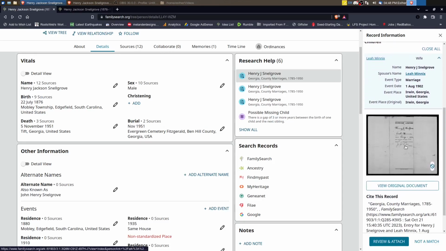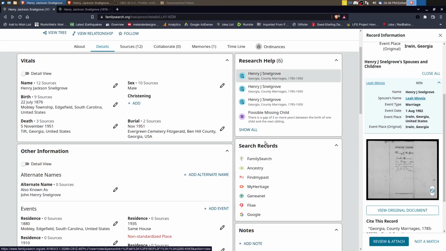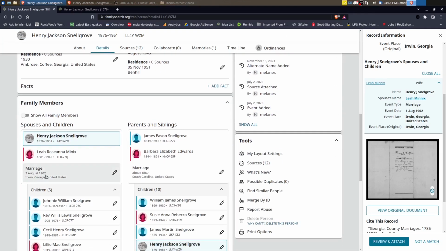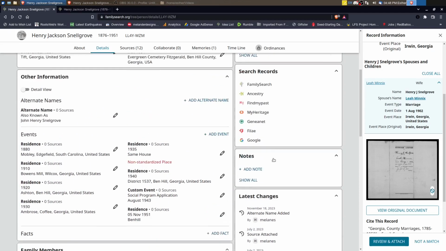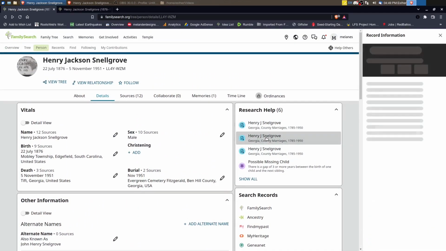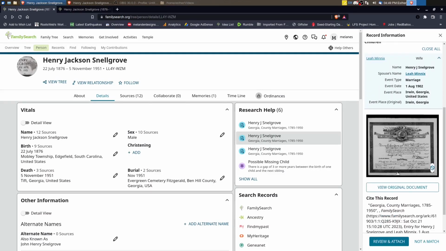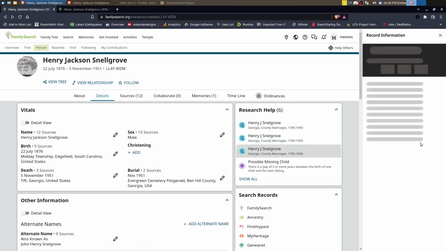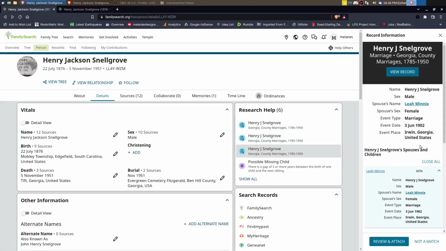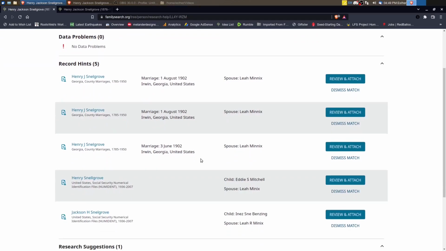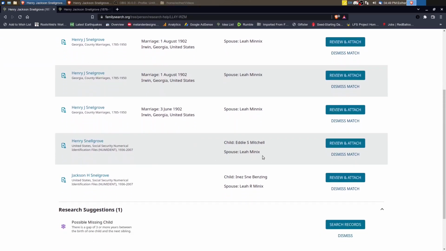So these are record hints related to his marriage to Leah. Let's see. Okay, so we do have the marriage date here, so that's good. Let's see if there's anything else. I will probably go ahead and attach these. Okay, we've got the marriage license. Got a marriage index. Let's see what else we've got here. We have